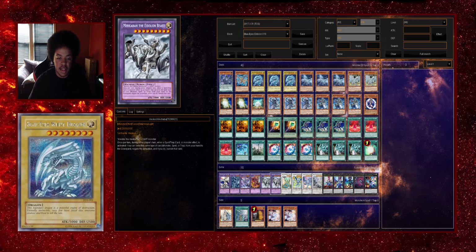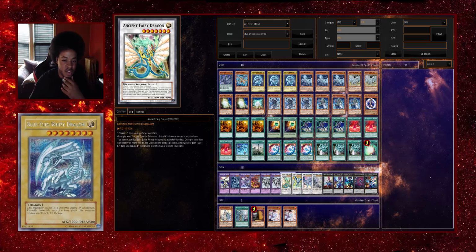2 of your Merkaba, because it's a negation card, and depending on which route you decide to go, you can go with 1 Merkaba or 2 Merkabas in 1 turn, which is just plenty of negation power right then and there. And then for your Synchro monsters, we start off with the 1 Ancient Fairy,